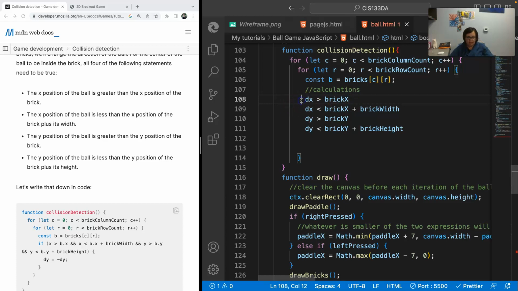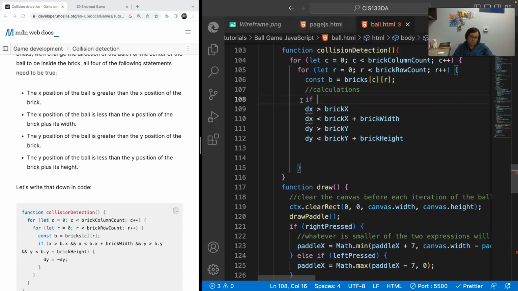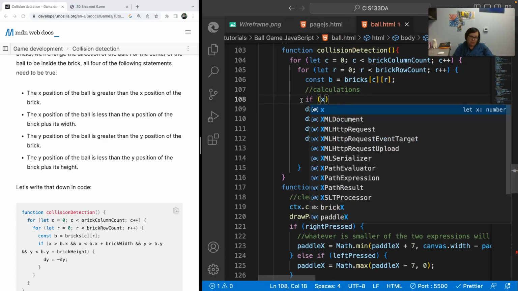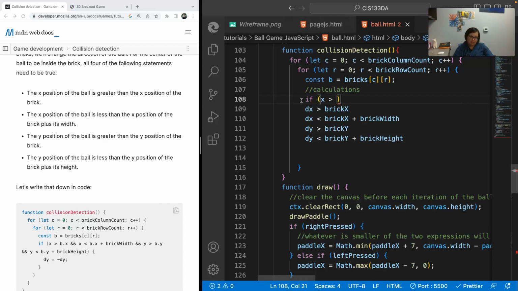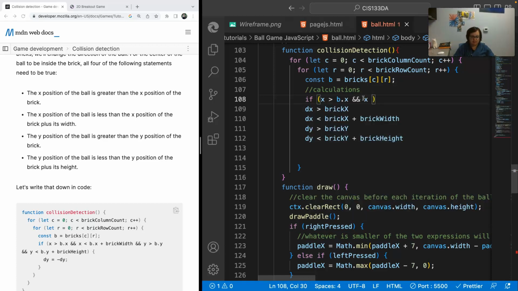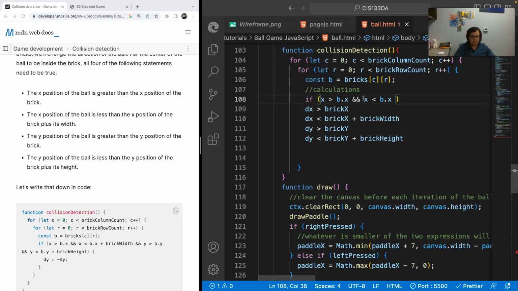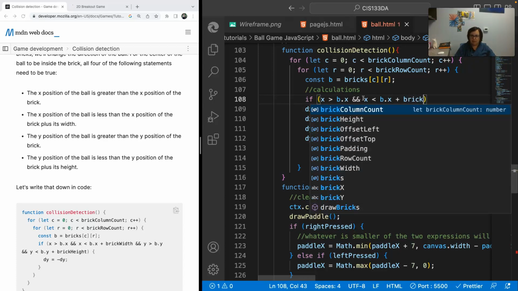Okay. All right. Let's do it. If X is greater than B dot X and, okay, it's the same. Okay, so it's a property. Okay, and X is less than B dot X plus the brick width